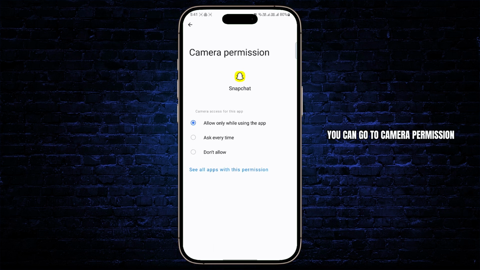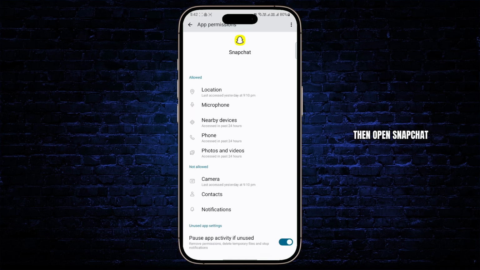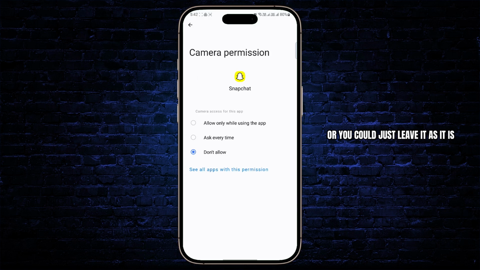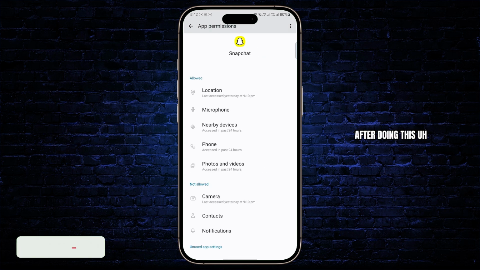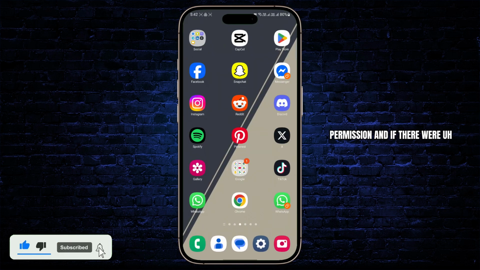You can go to camera permission and then turn off the permission for once. Wait for a few seconds and then open Snapchat, or you could just leave it as it is and then tap on camera permission again and then allow the permission. After doing this, it will refresh the camera permission, and if there was any problem with the software, it will